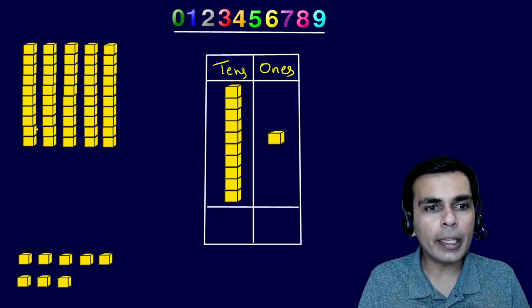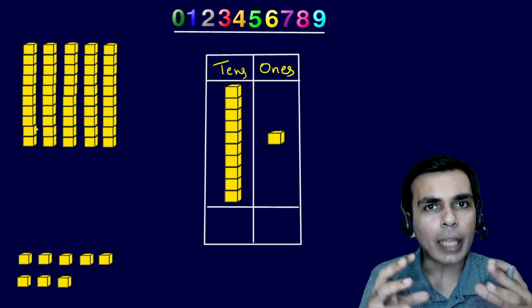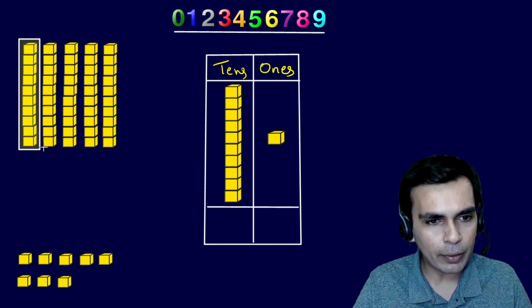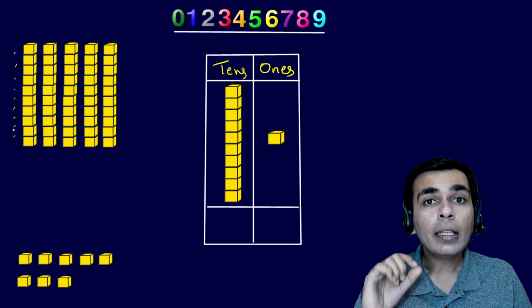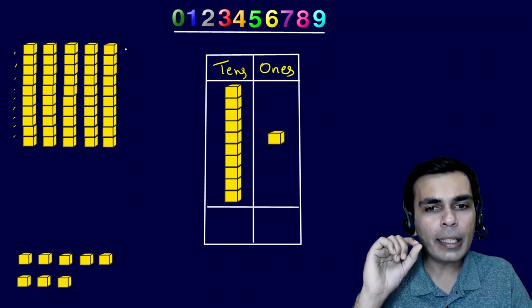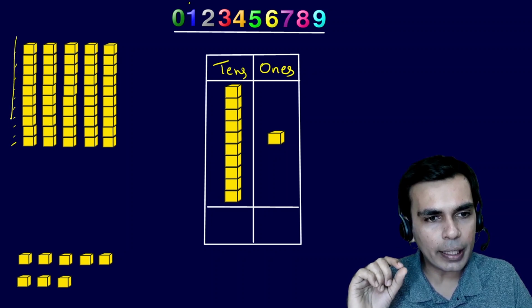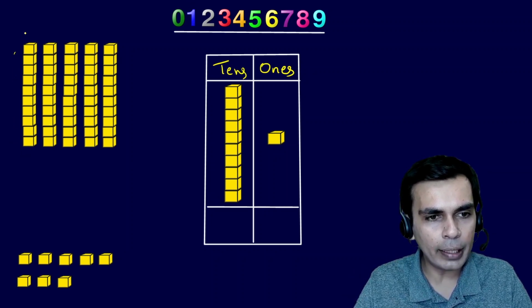So you saw what we did. We had to imagine those ones as tens. We actually stuck them together. Now this single pillar here is our 10. You can verify that: 1, 2, 3, 4, 5, 6, 7, 8, 9. Now because we have only 9 symbols, we put one more and make it a 10, which is the entire collection here. So this thing here is our 10.